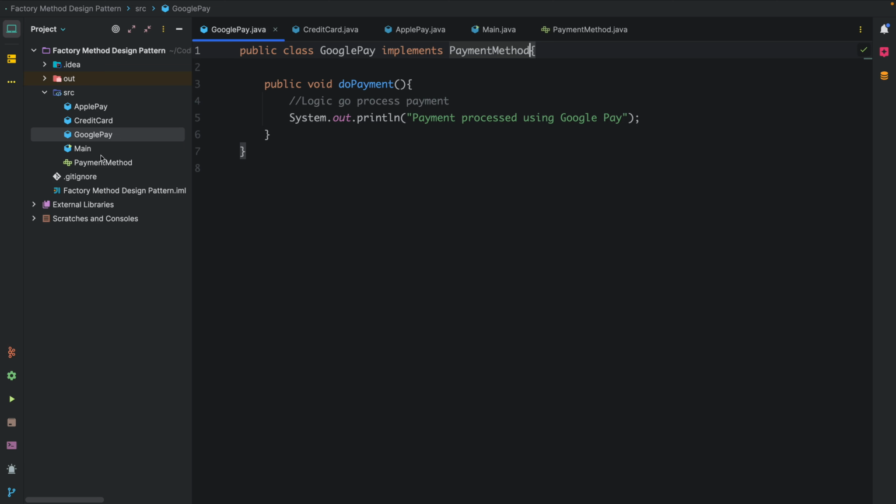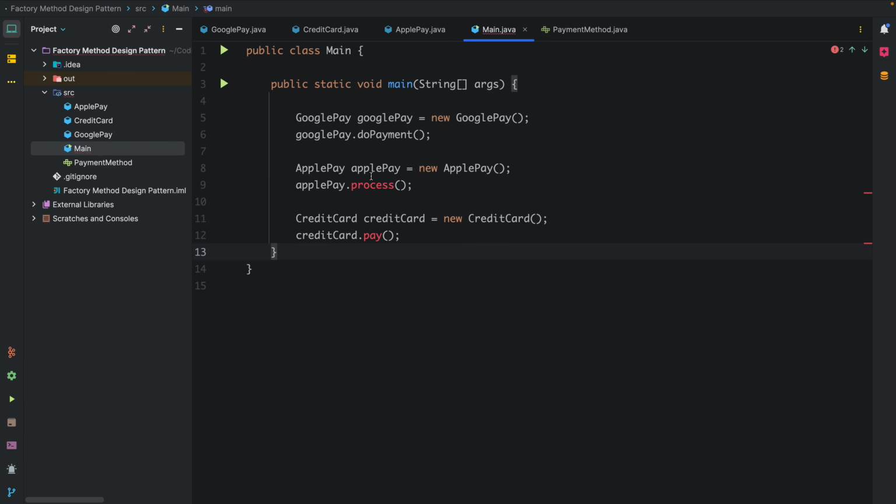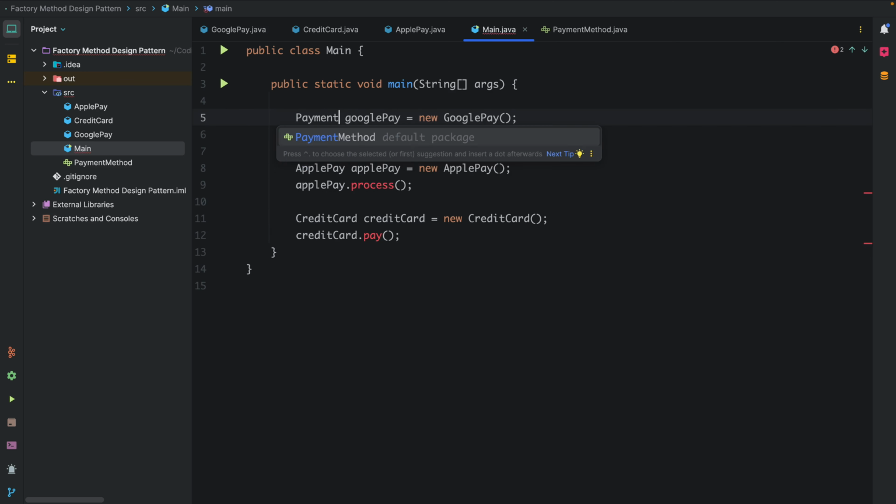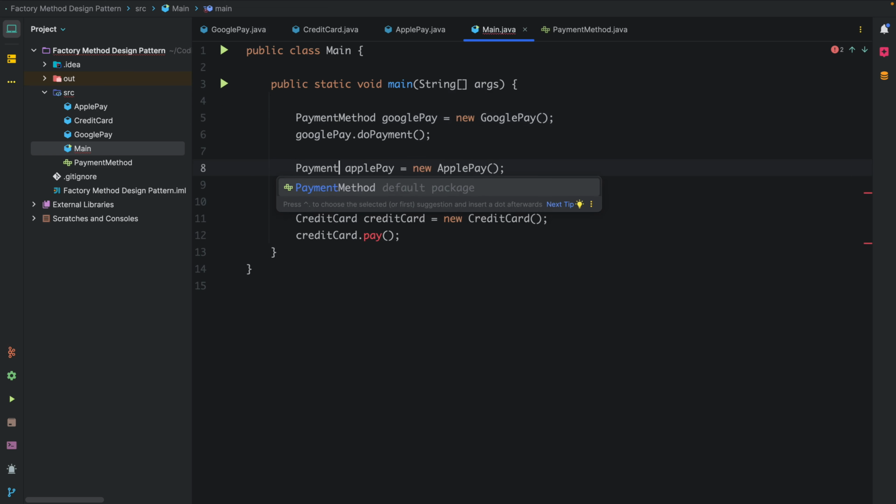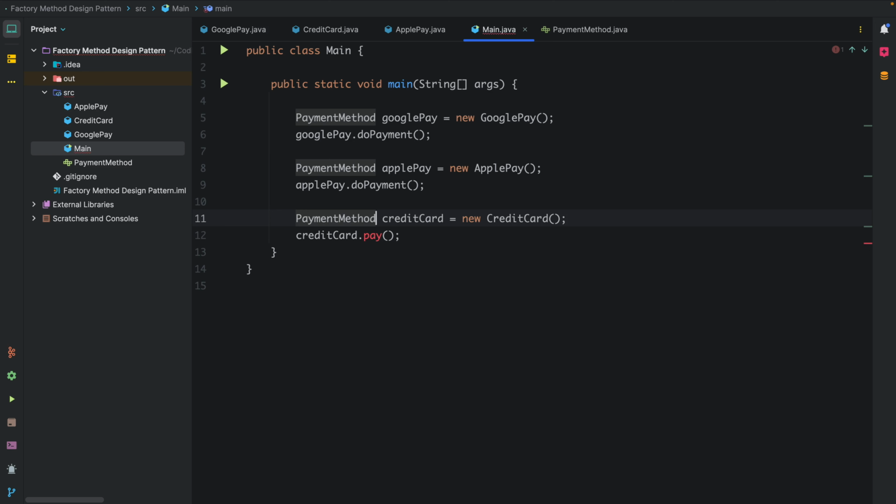So now these are the child classes, and in the main method, what I can do is it would be payment method, and we need to call doPayment. Similarly, payment method and doPayment, right? So in this way, we have made some similarity for all these payment method classes,